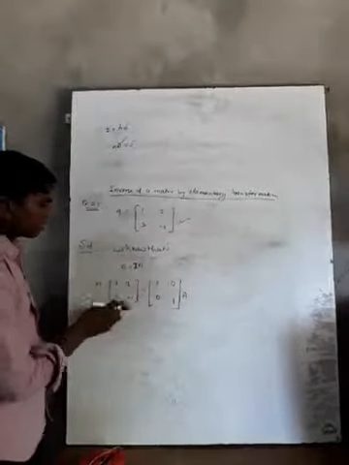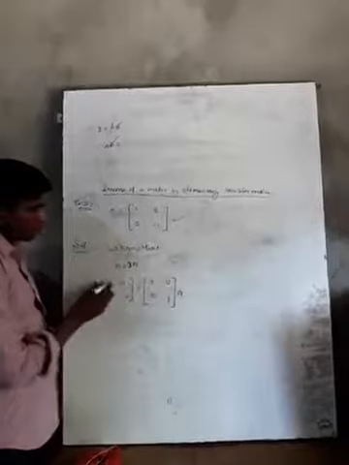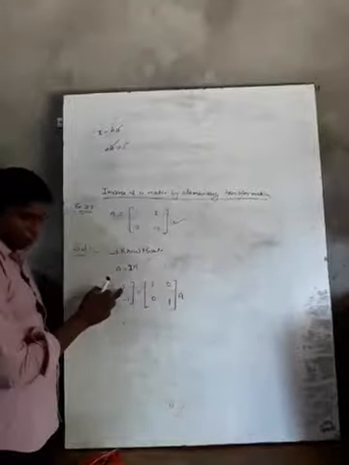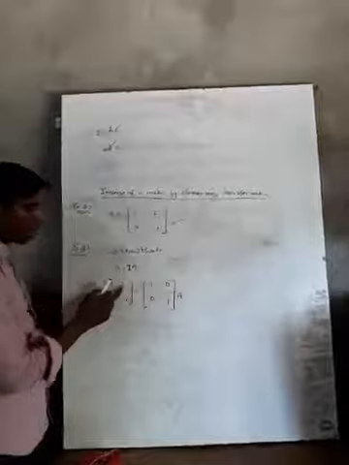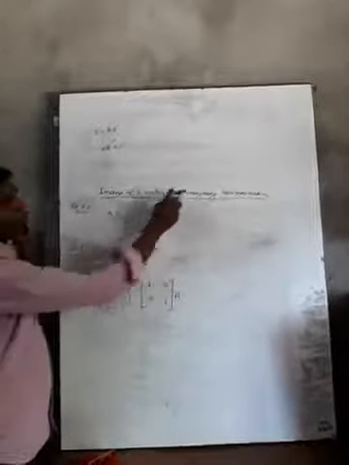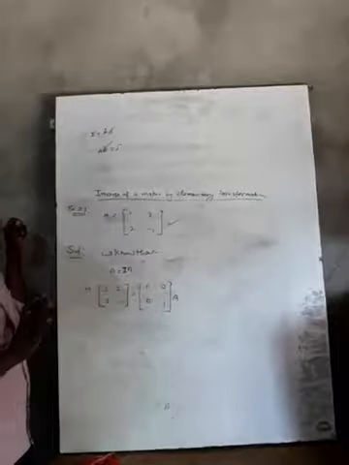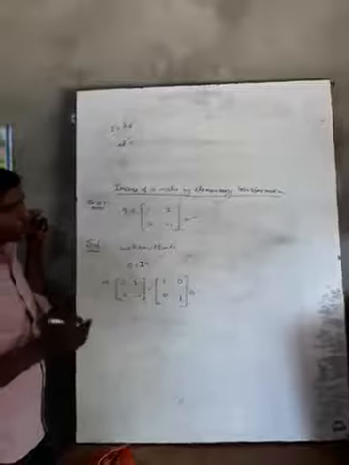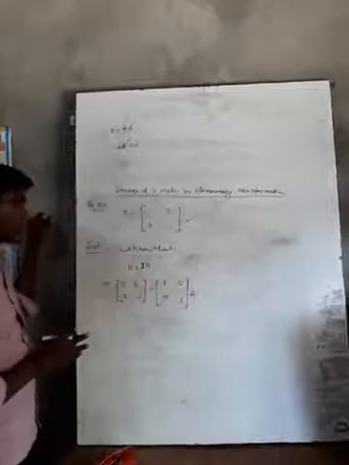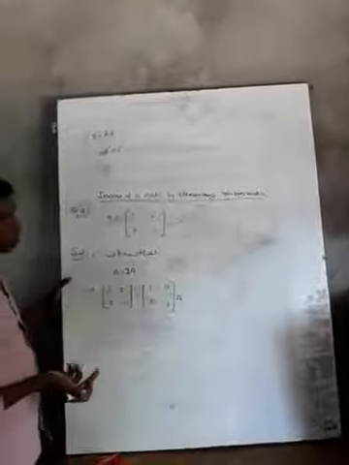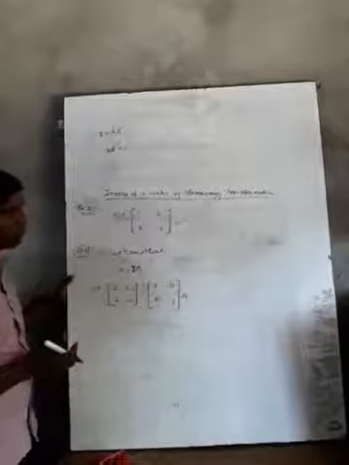The identity matrix means here 1, 0, 0, 1. Already 1 is given here. Now we have to find 0 here. So how can we get 0? How will 0 come here? One thing more. When we apply the elementary transformation, if we start applying from the row, we will continue till the end by row transformation only. Or when we start to change from the column, then we will go till the end with column transformation. Means you can't mix the row and column with each other. If we start with the row, then we will end with the row. If we start with the column, then we will end with the column.